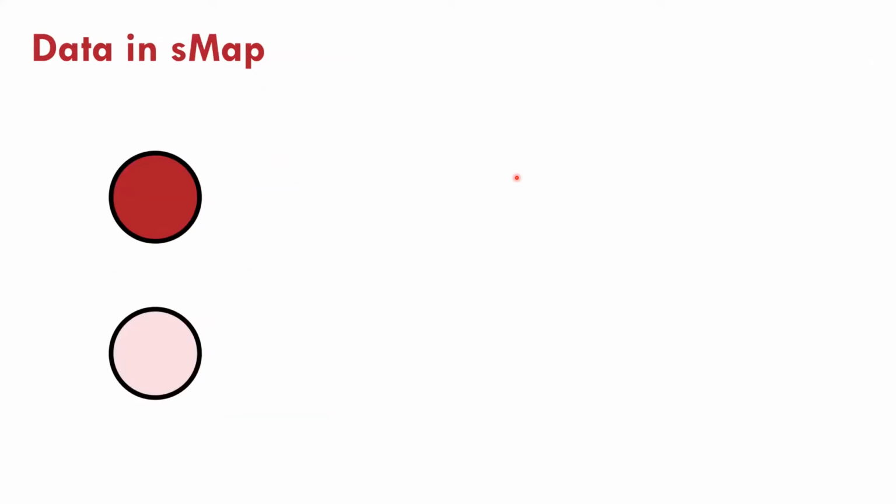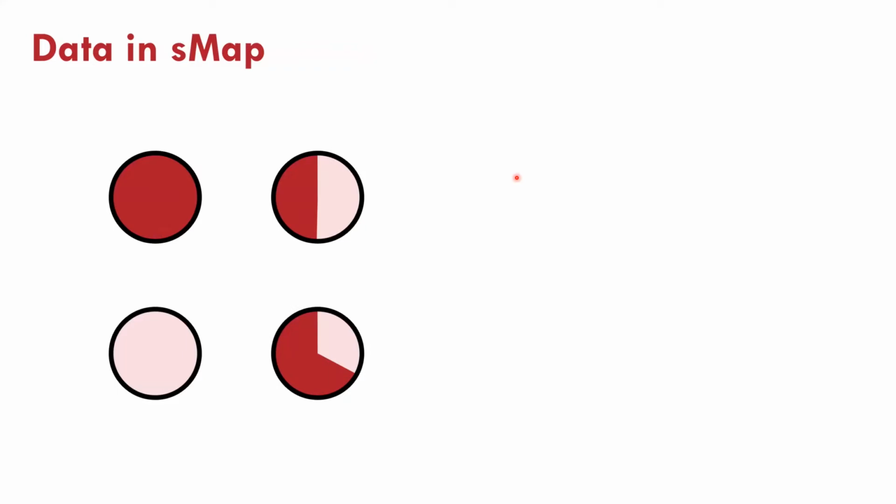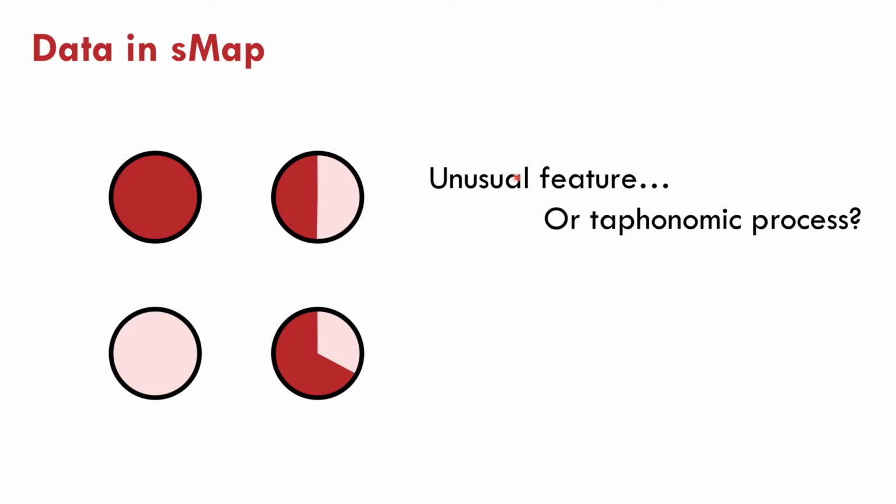First of all, the data in sMap doesn't really have to be black or white. Instead, you can supply ambiguous data, which doesn't have to be like 50-50 either. You can just set up any relative probabilities. And this is useful, for example, if you're looking at some sort of unusual feature that you find in your sample. It might be that you have a specimen which has a really weird thing that's new, but it might also be that there has been some sort of taphonomic process, the sample has been damaged. So if you are not sure whether what you're seeing is real, you can use this approach to take that